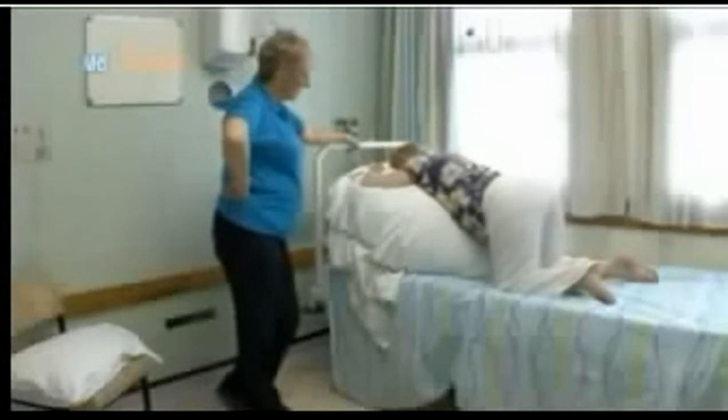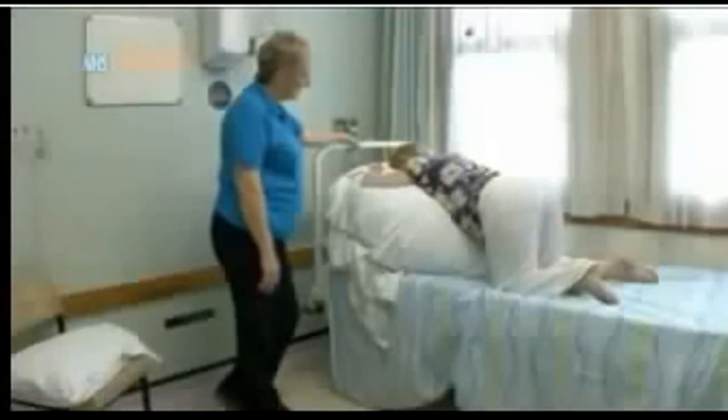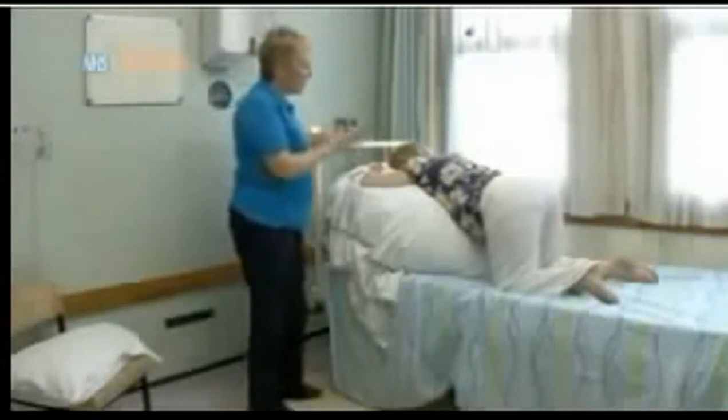This is really nice, it's really comfortable. It feels really nice having that support under your bump. This is definitely a position I will choose to use. So all the way through labour, being upright, mobile and moving about, all of those things help your labour to go more quickly, reduce